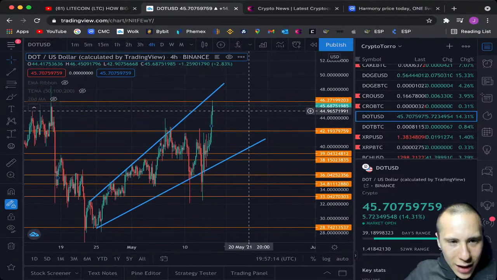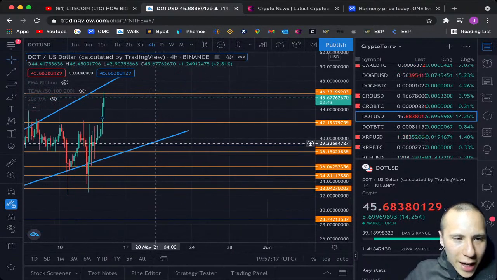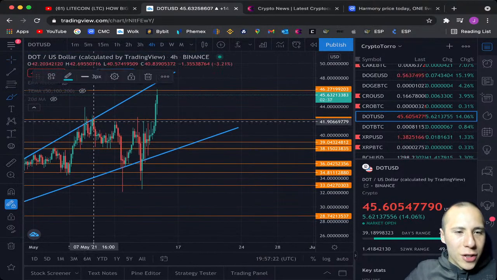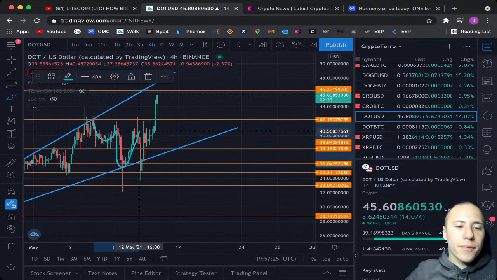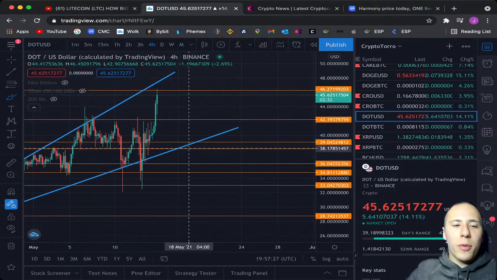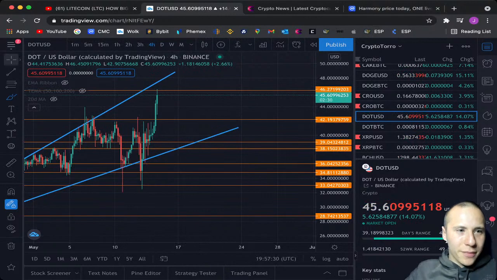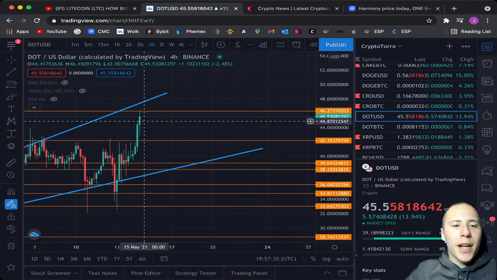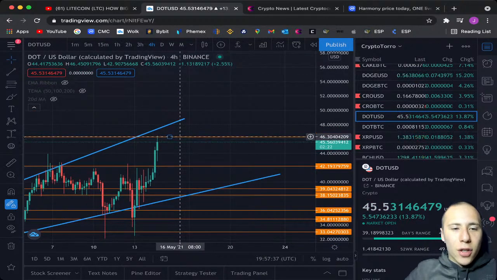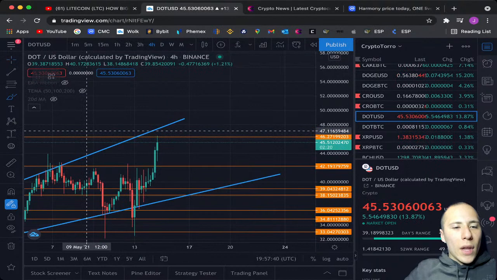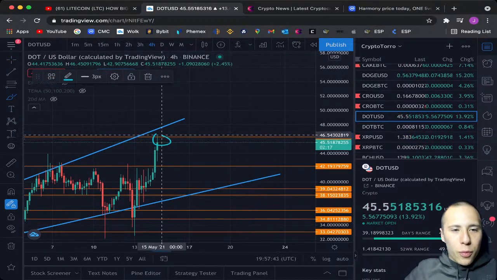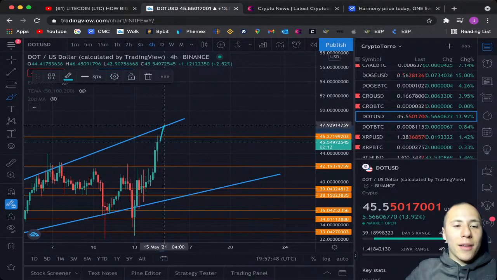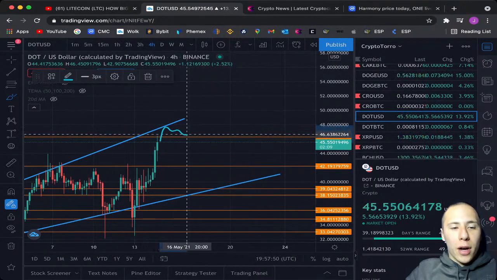And yeah, we could be saying that we were seeing as well a type of inverse head and shoulders during the previous days on the Polkadot chart, and that's why we also saw this huge momentum towards the upside at this particular moment being created. And that's why Polkadot is right now trading underneath the $46 resistance, and I personally think that there will be enough momentum to go above this $46 resistance and bounce back and find support on it.